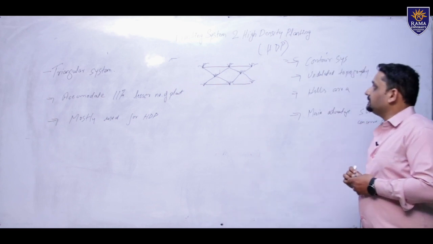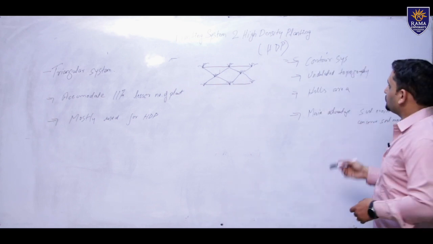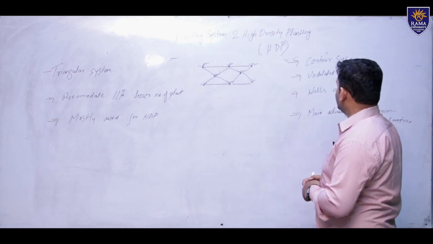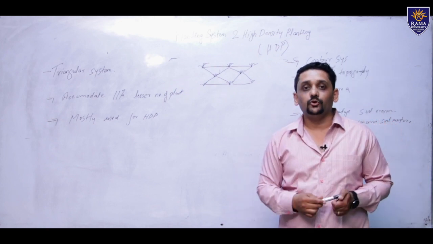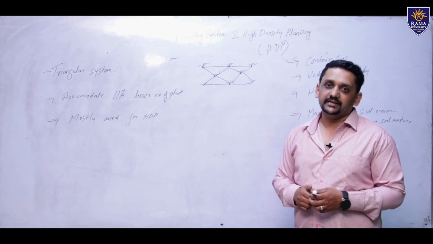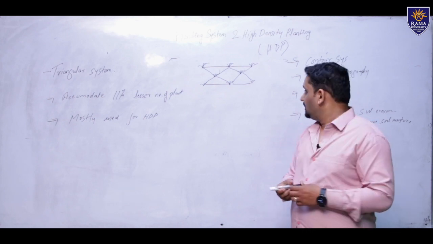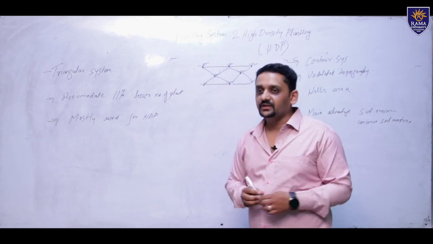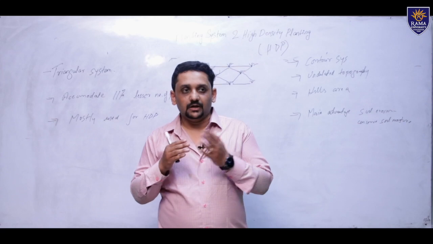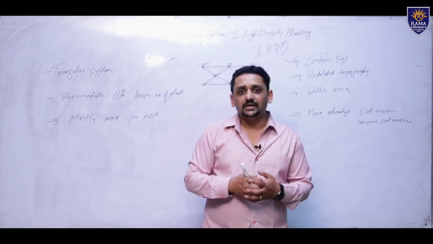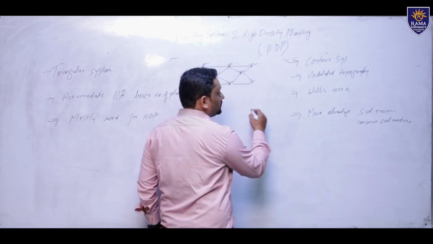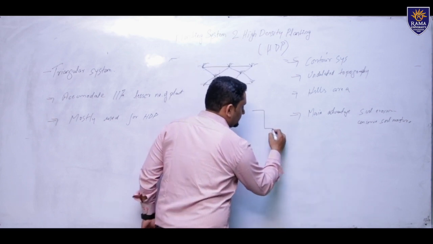So, the last system of planting is the contour system. In the contour system, as I have told you earlier, it is practiced in undulated topography, and it is mainly practiced in hilly areas like Himachal and Uttarakhand. And the main advantage of this type of system is to minimize soil erosion and to conserve soil moisture. And the diagram of the contour system will be like this,